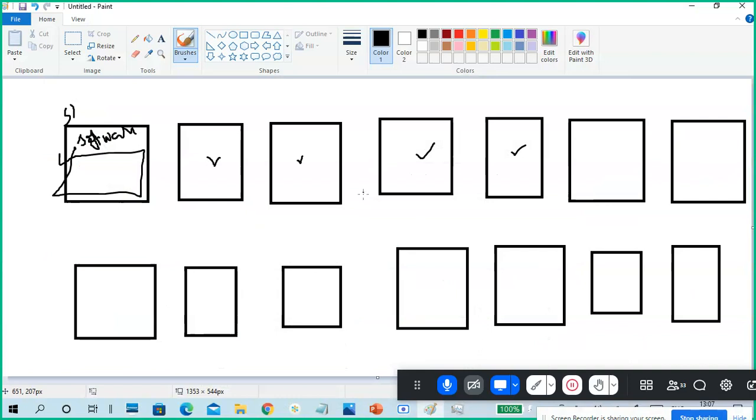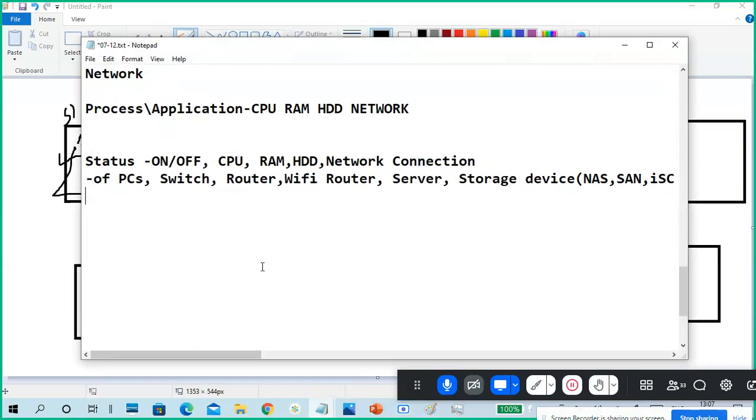Okay. Next, monitoring some application. So monitoring an application, so we can monitor an application also, how this particular application performing in this particular PC or multiple PCs.